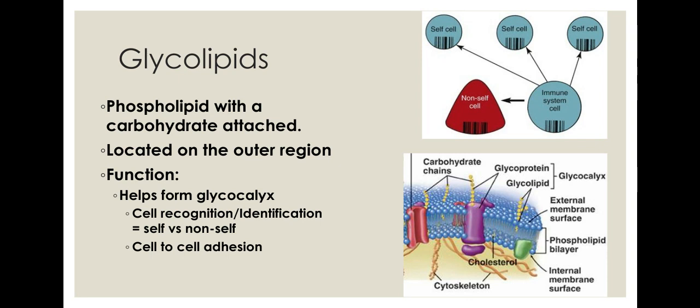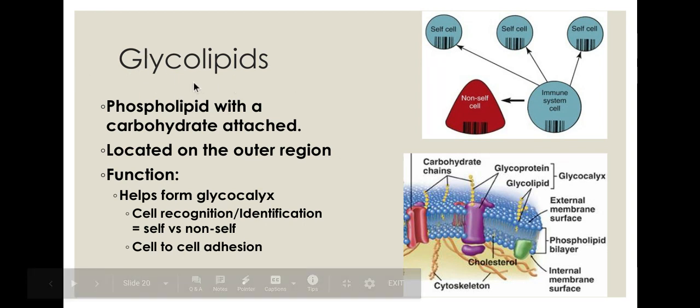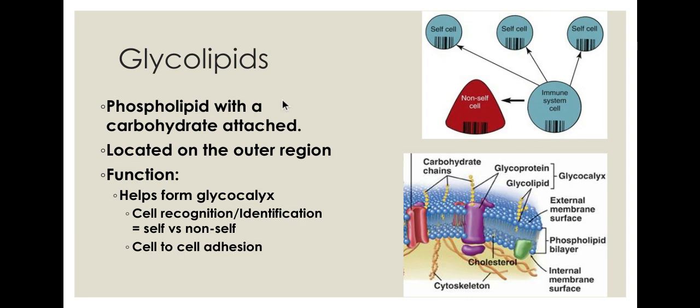Some different parts and pieces that are there, we have glycolipids. Those are going to be phospholipids with a carbohydrate attached. Think glyco like glycogen, carbohydrate, and lipids, those fats. The word tells you exactly what it is. They are going to be located on the outside of the cell, and they form what we call a glycocalyx,